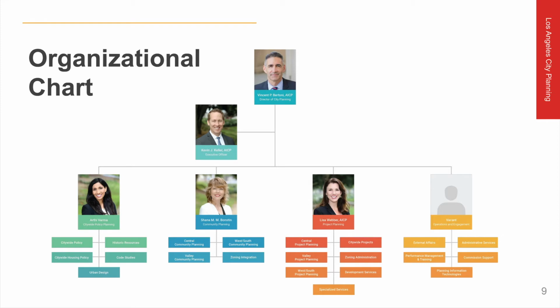While each planning department may be structured somewhat differently, here at Los Angeles City Planning, we are led by our Director of Planning, Vince Bertoni, who has 4 deputy directors directly overseeing 4 separate bureaus, along with an executive officer who manages the affairs of the department across its bureaus and provides support on a number of strategic initiatives. The members of the executive team work in unison to advance the shared goals and objectives of city planning and